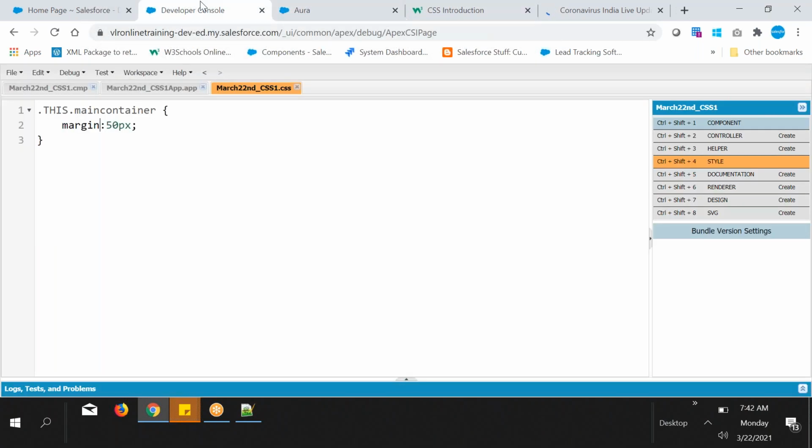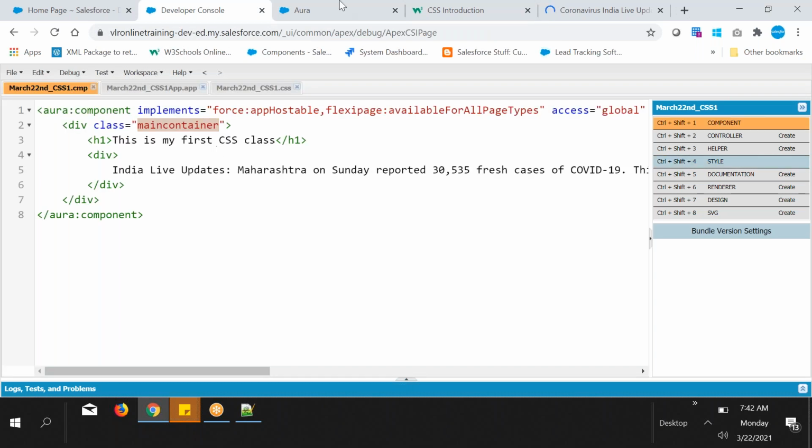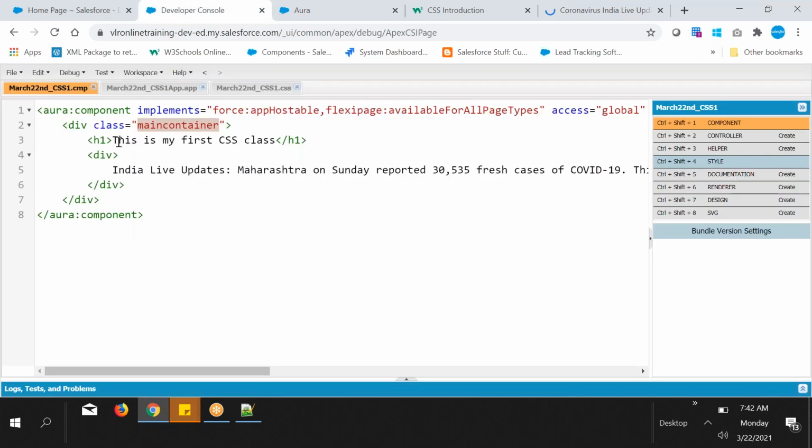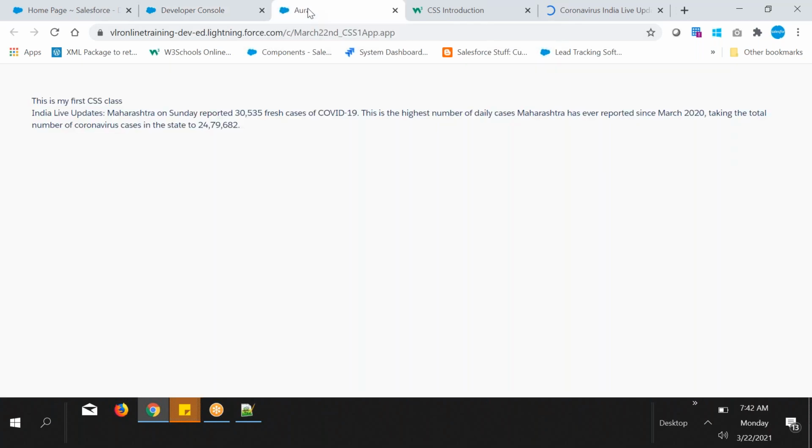Let's see here. I want to display this one with bold, centered, and also in red color. First I want to display this one with bold. Generally, how do we display data in bold? Simply you can put B, right? So we know these things. You can display it in bold.